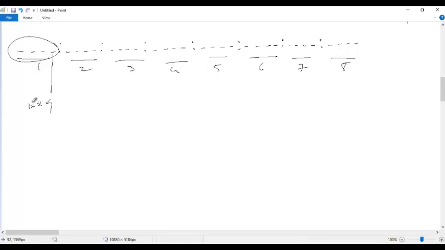Now let's move on to the next one. We just learned that the 128 bits are divided into 8 hexadates.